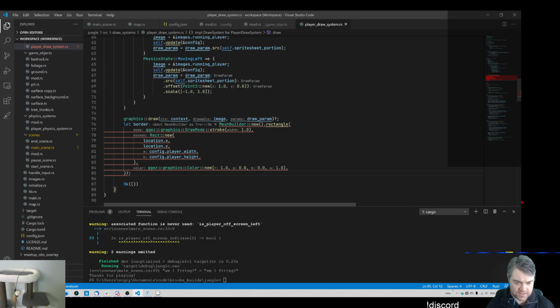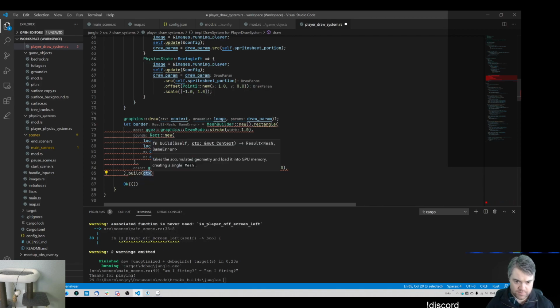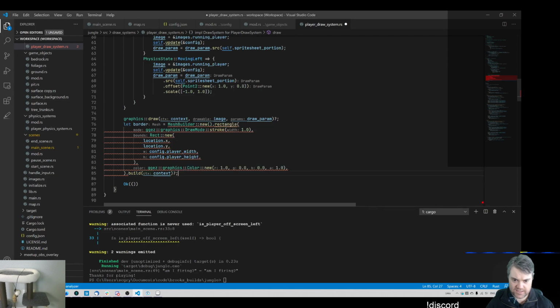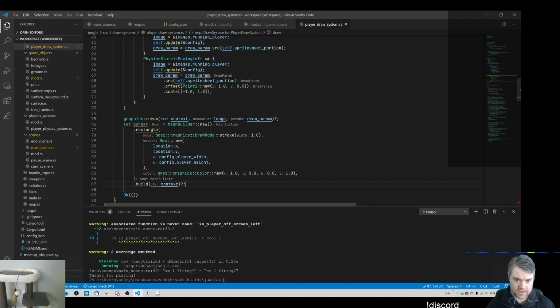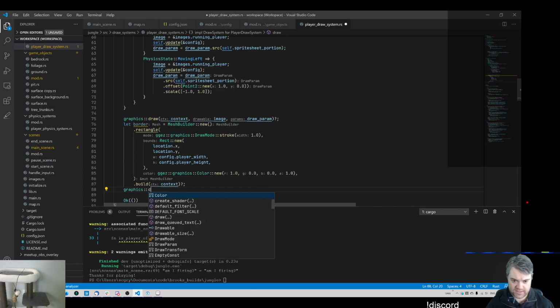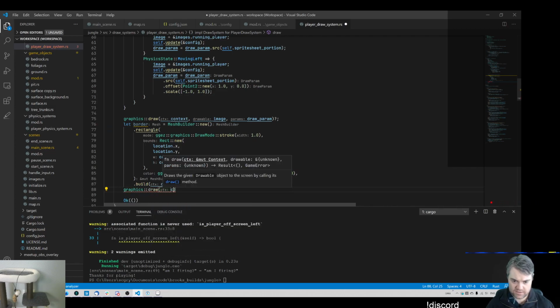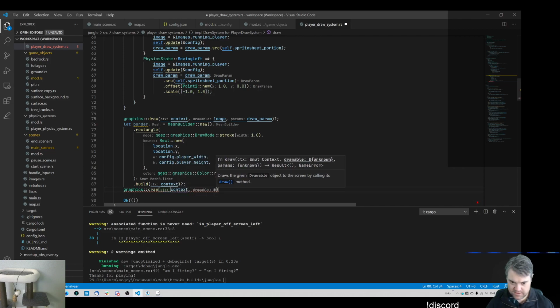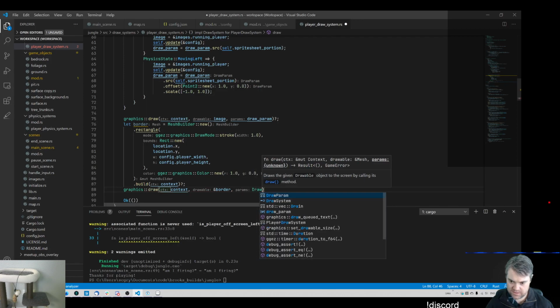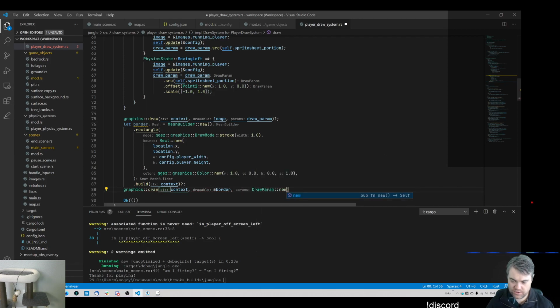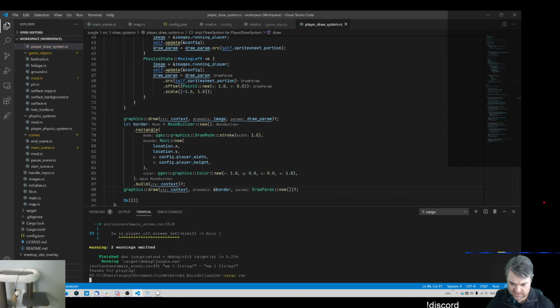Oh, this is not true. We need to then build it and pass into context. Then I can do that. All right, that gives us our border, and then we can draw the border. So graphics, draw, context, border, and draw param, new. I don't think I need to do anything crazy there. So if I do that,